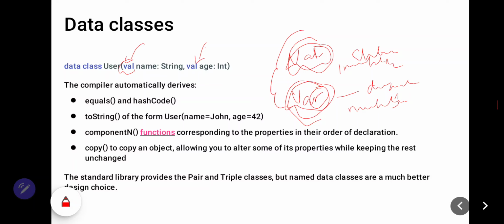But because in this example we are using val, the data cannot be changed. If you see in here, the copy and component methods cannot be overridden. This is optional.